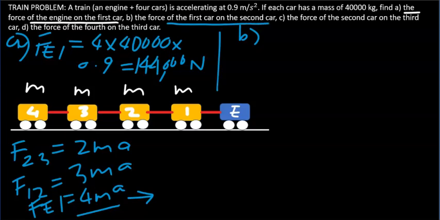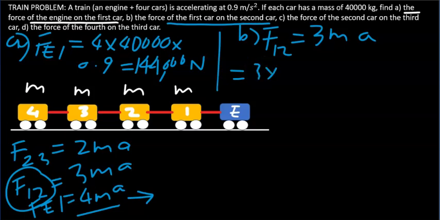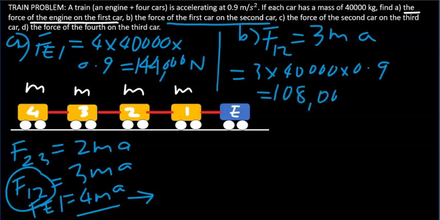Force of the first car on the second car, that means this one, and that is 3 times ma. So that is 3 times m, which is 40,000. A is 0.9, and that's going to give you 108,000 newtons. Now for part C, the force of the second car on the third car, that is this one,